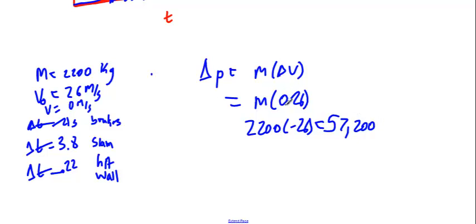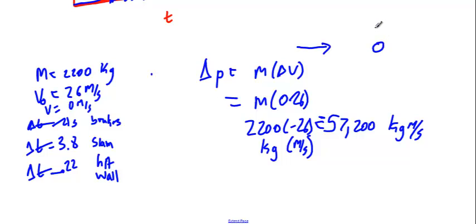Now, what's my unit here? This was kilograms. This was meters per second because that was my velocity. So this is kilogram meters per second. And it is technically negative. It does make sense to talk about a negative momentum change, right? If it was initially moving this way and now it's stopped, that means the force had to act that way. The acceleration was that way. So yes, it is a negative change in momentum.